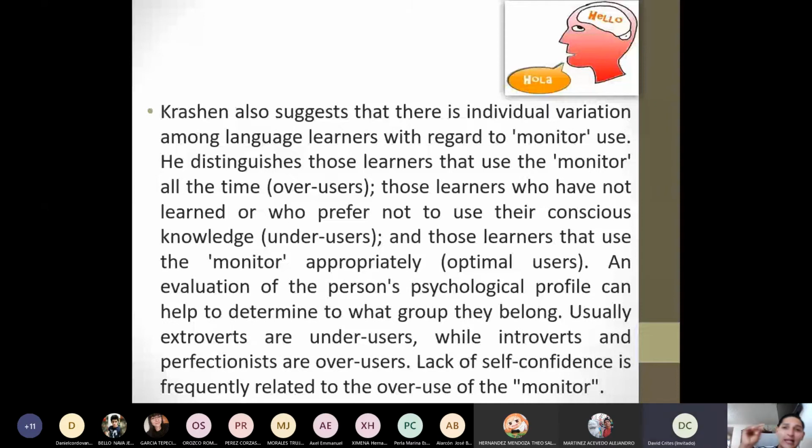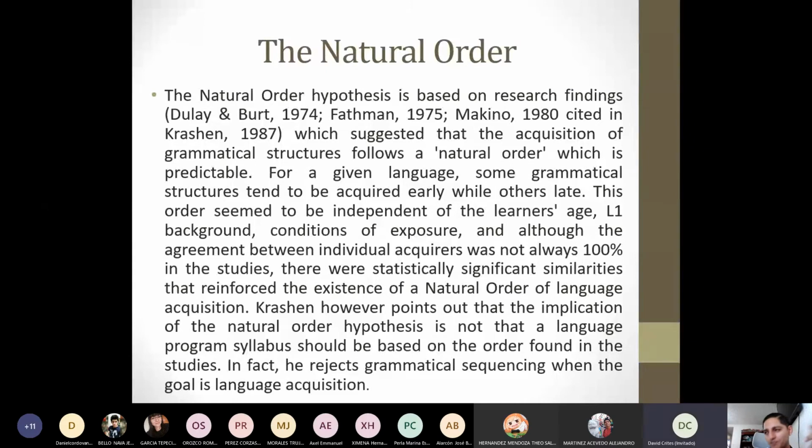Another of Krashen's theories is the natural order, in which grammar is learned in a predictable manner. Here, patterns might emerge, facts and options. Options are related to the rules already established by grammar, by language itself, the general system we follow, and that was created by means of culture and the merge of culture and society. For a given language, some grammatical structures tend to be acquired early while others late. This also has to do with the personality of learners, the variables such as age, the background, and